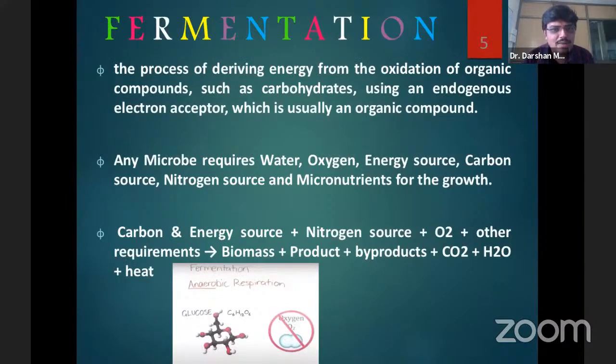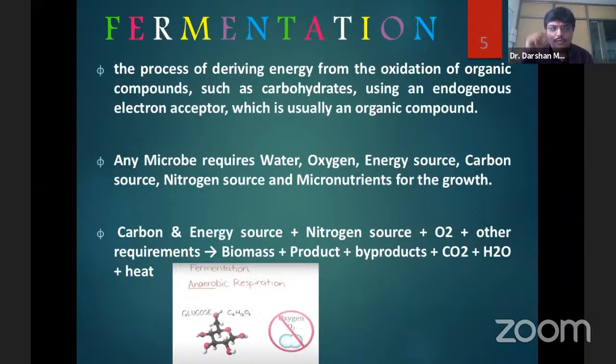Students, try to understand: whenever fermentation occurs, at the time of fermentation, whatever organisms are there, these organisms are going to derive energy. From where? From complex compounds. They try to derive the energy from the complex compound. And ultimately, your complex compound is available in terms of what? In terms of